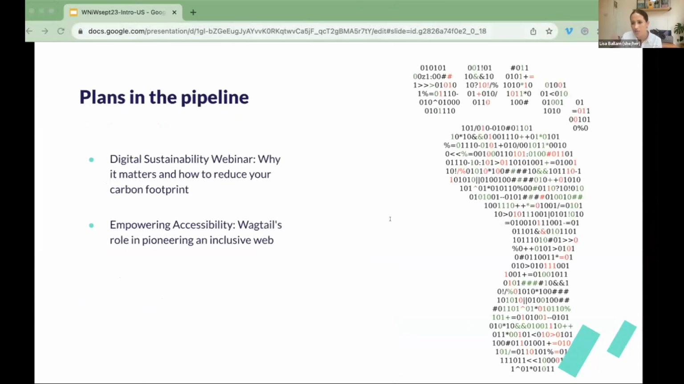Building on what Thibaut was saying earlier, we are going to host a digital sustainability event to look at Wagtail's sustainability credentials and also just look at other ways to reduce digital carbon emissions. And then in January, we're going to host an accessibility event where we can promote all of the fantastic work on Wagtail and also best practice tips and advice for all digital platforms. So loads coming up. And finally,